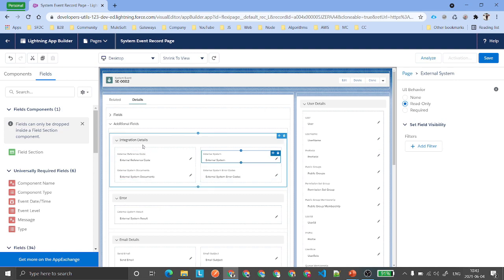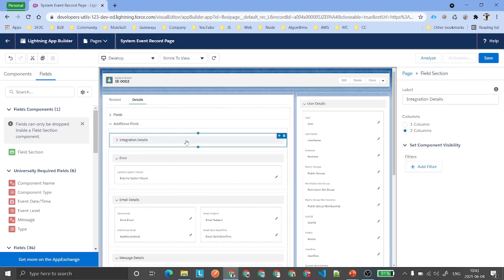Also suppose that this whole component, which is integration details, you want to hide from all users except admin. That means only admin can see it.